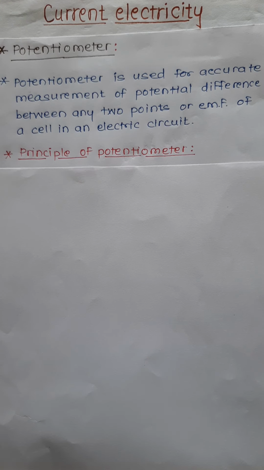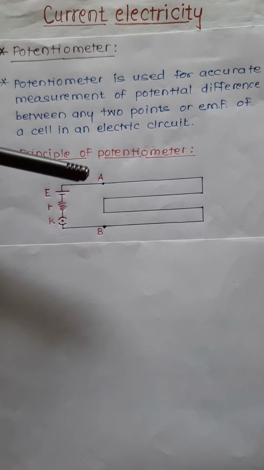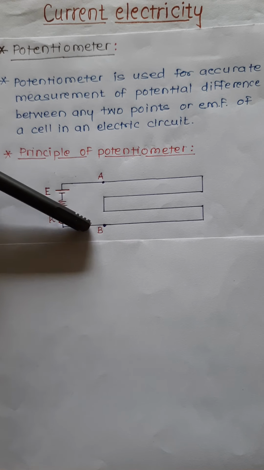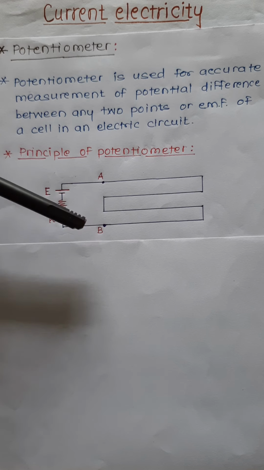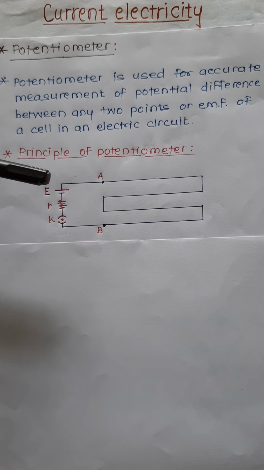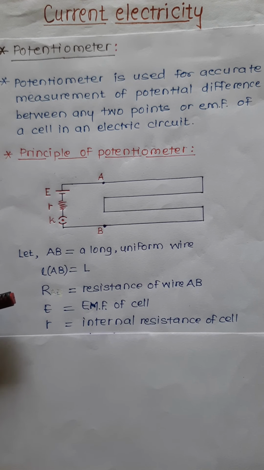Now to understand principle of potentiometer, consider a simple circuit diagram. In this circuit diagram, potentiometer wire is fixed between points A and B. Let capital L be length of wire between points A and B. And it is connected in series with cell of EMF E. Let small r be internal resistance of this cell and key K in series. Let capital R be the resistance of wire